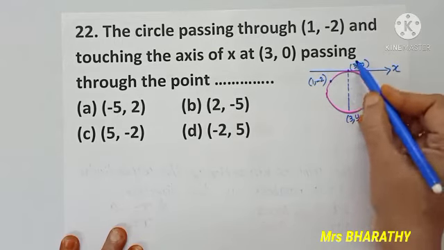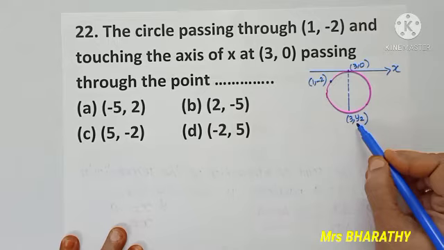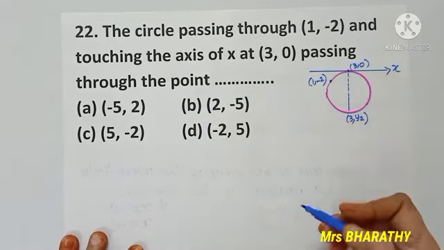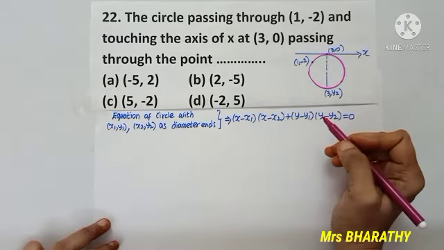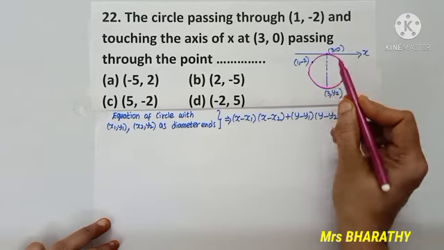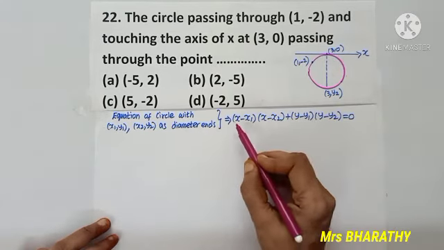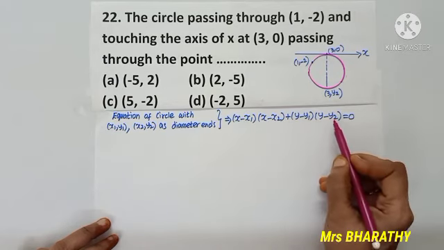X-axis, the coordinate no change, but y value will be changing. Call it as y2. Once I know the diameter ends, we know equation of circle with x1, y1, x2, y2 as the diameter ends is x minus x1 into x minus x2 plus y minus y1 into y minus y2